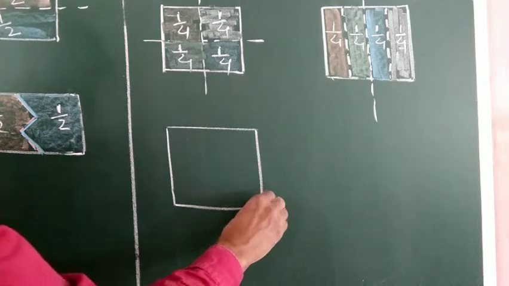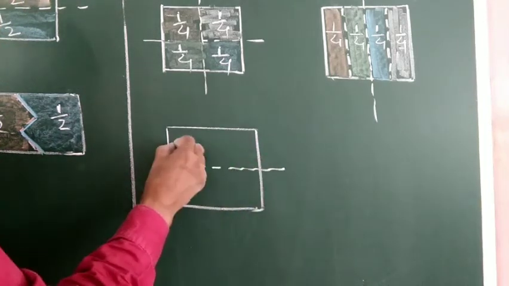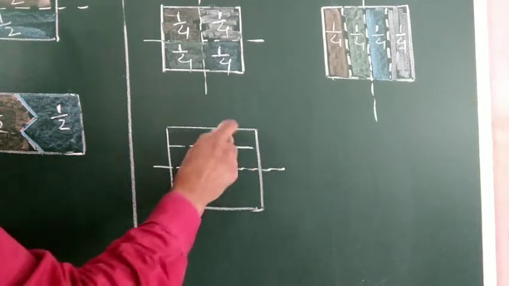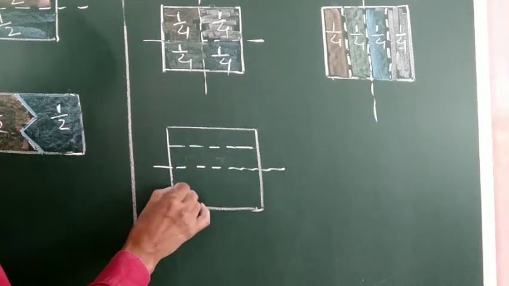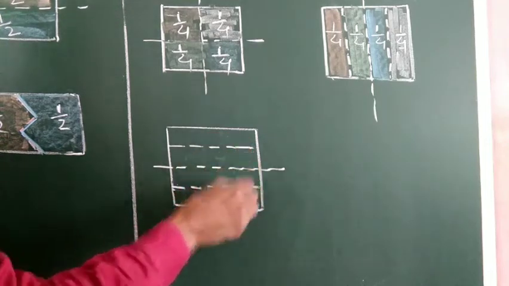See, a different way. This is again half, and as you know, half of the half is a quarter. So this is the quarter, half of the half, and this is half of the half, another half. So this way, there are 1, 2, 3, 4 quarters.